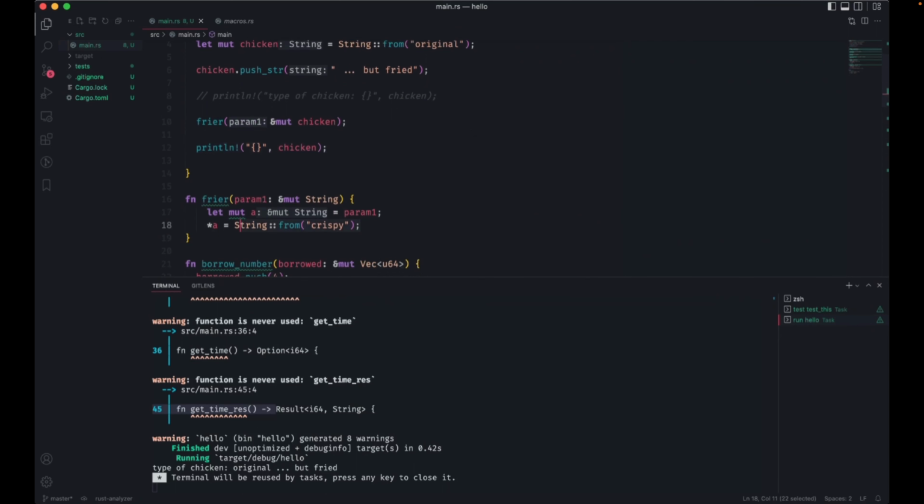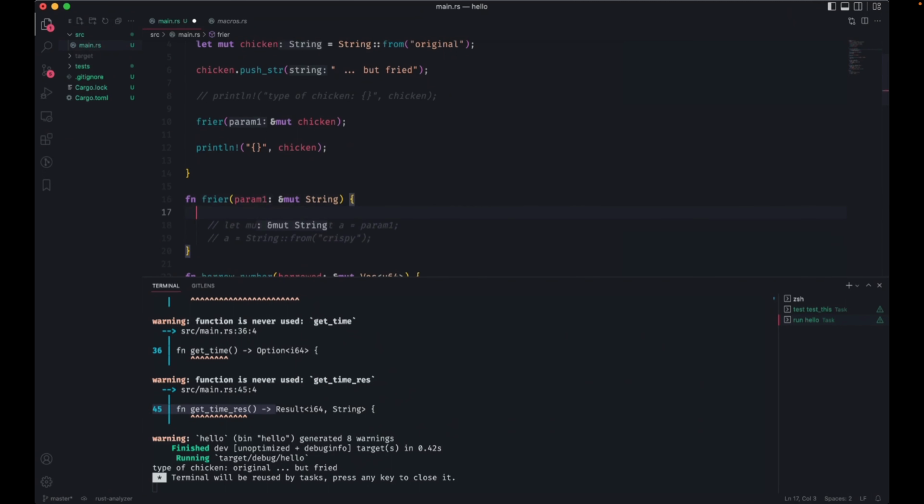I want this completely new string to take its place. Now this is where we start getting into a more complicated topic, but if I were just going to try to assign this here, let's keep this simple.